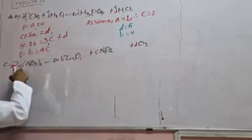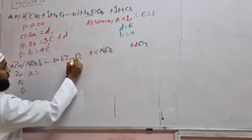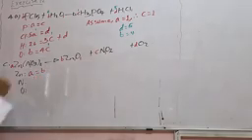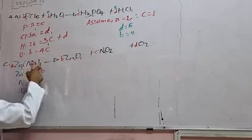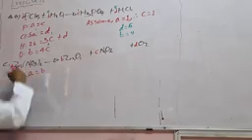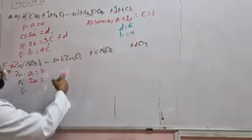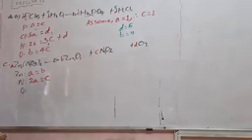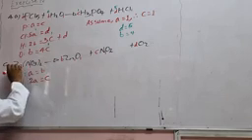Therefore, zinc in the reactant is 1 times A, 1A. 1A is equal to zinc in the product, 1 times B, which is B. A is equal to B. Nitrogen in the reactant: inside the bracket 1, but outside of the bracket 2. 2 times 1 is 2, 2 times A, 2A, is equal to nitrogen in the product, 1 times C, which is C. Oxygen in the reactant, 3 times 2, 6, 6 times A,